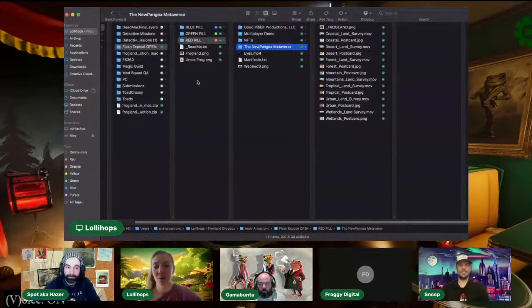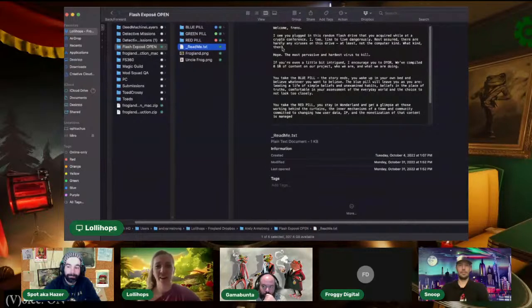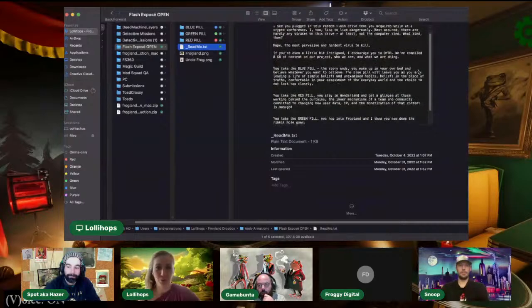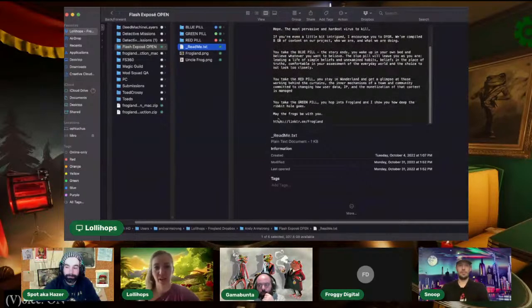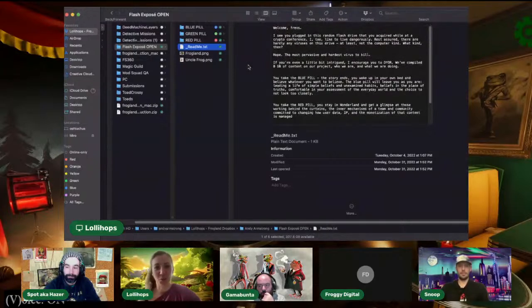And a lot of what we put onto this flash drive was set up to be a bit of a visual walk through everything that we've done over the past year and give people an overview of what they're getting into here. There's mostly a bunch of TXT files and things that hopefully don't look suspicious or dangerous. And this is also all open sourced. Well, I mean, they should look a little bit suspicious and a little bit dangerous, or should I say notorious, don't you think? Yes, notorious is definitely a better word.